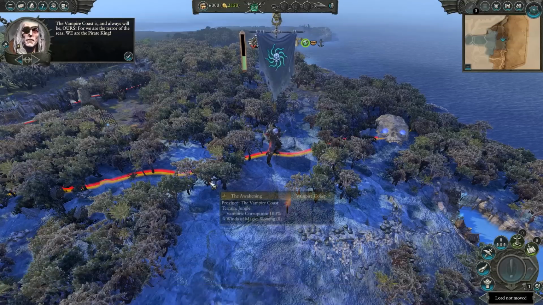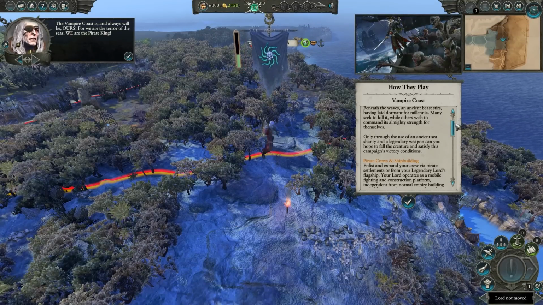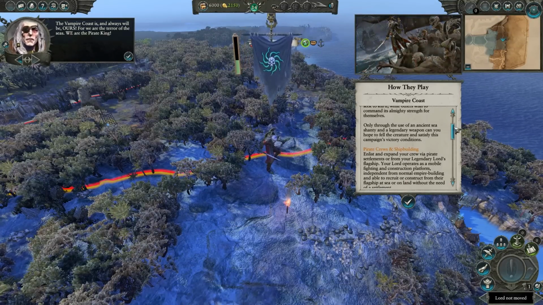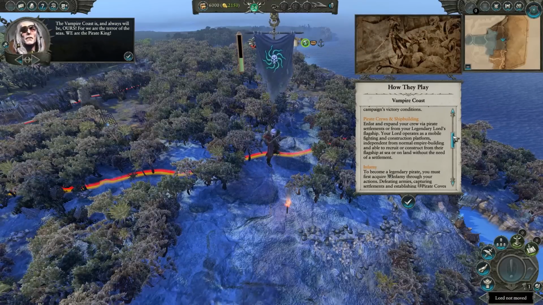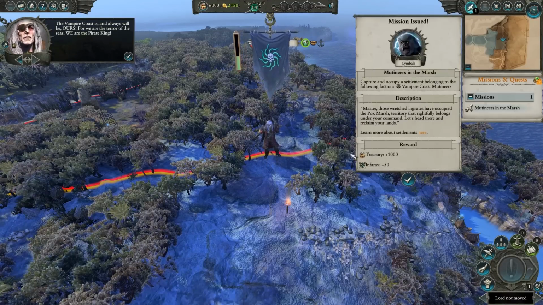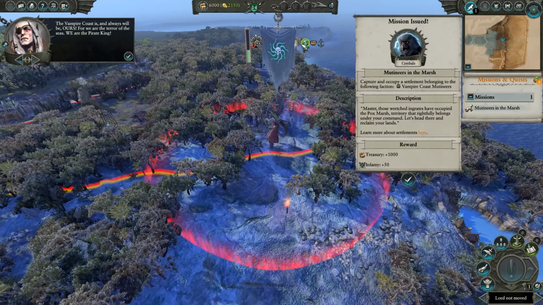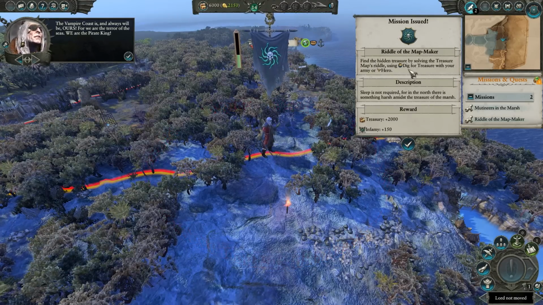Now you'll notice I skipped the intro cinematic and also the floating around the map of the vortex. I figure you can see that for yourselves. But basically the vampire pirates are a type of hybrid horde faction. The end-all goal here is to gather infamy and work your way up the pirate ladder to be the most